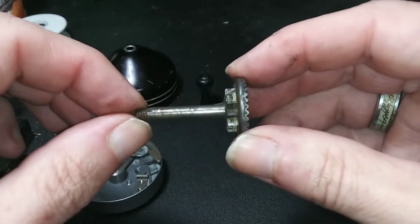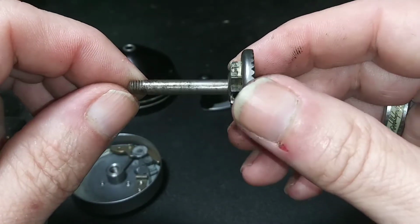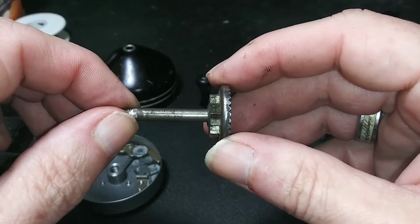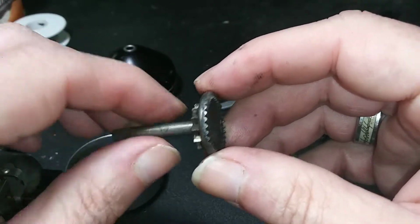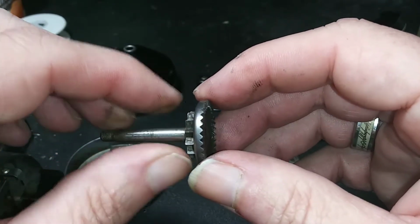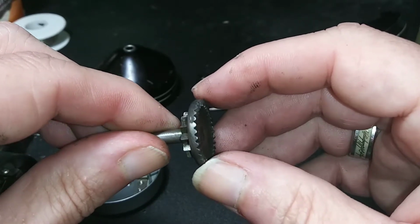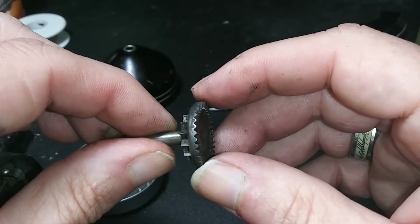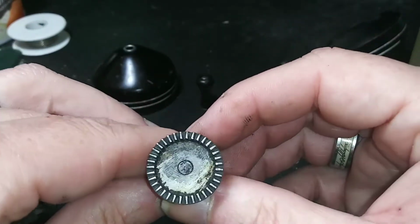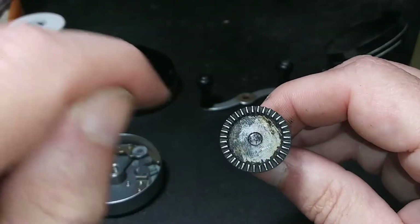Get it to focus again here. And you see this one, it does show wear, but all in all, it is still in real good condition. The teeth on this gear do show wear, but not as bad as some stuff I've seen. We're going to clean all this gunk up,